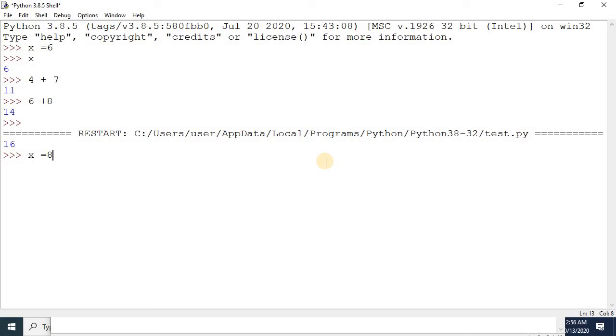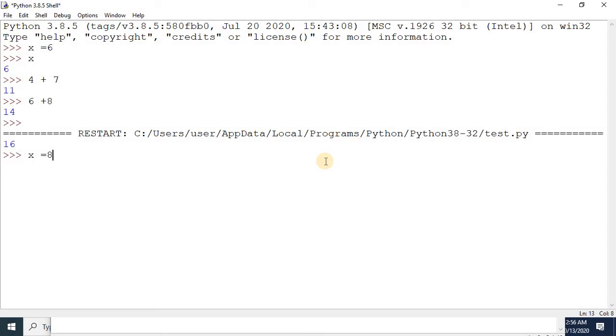So here in x equals 8, x is an identifier, x is the name of the variable. Next is keyword. Keywords are reserved words which have special meaning for Python. We'll discuss these keywords later also, and I will tell you what the various keywords available in Python are.